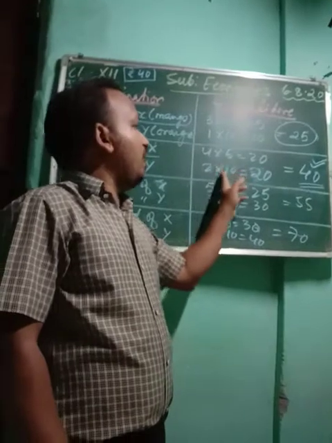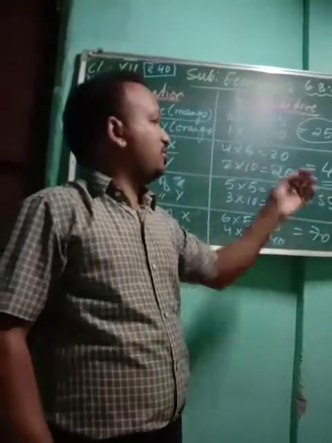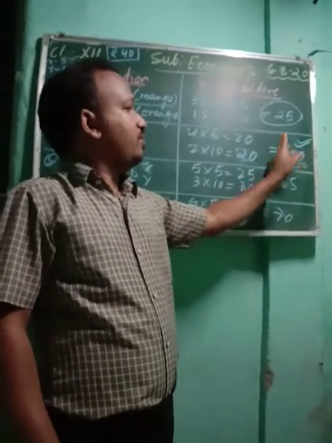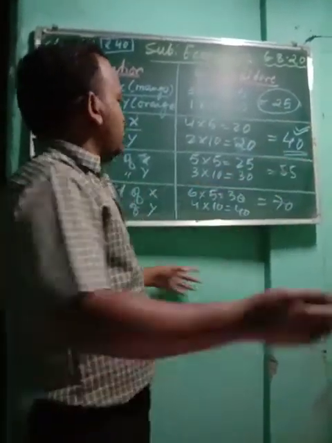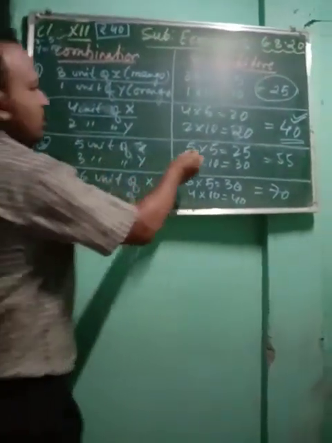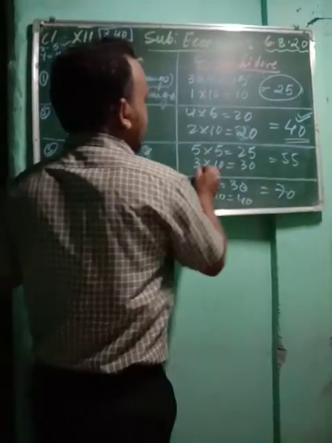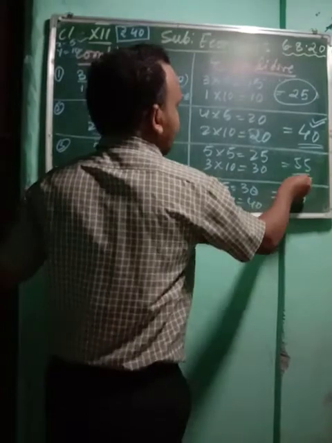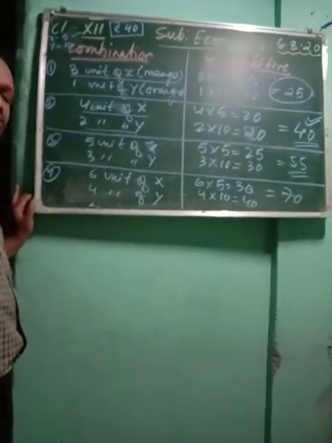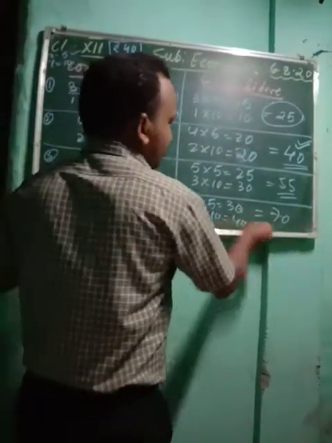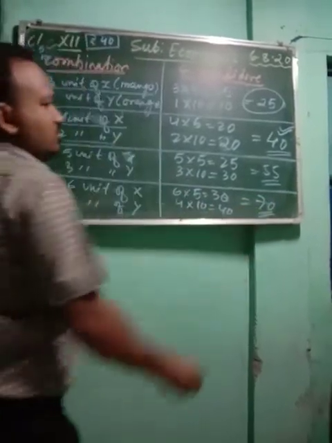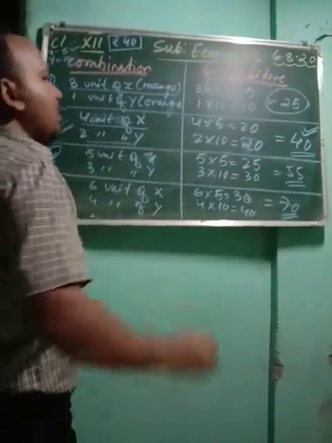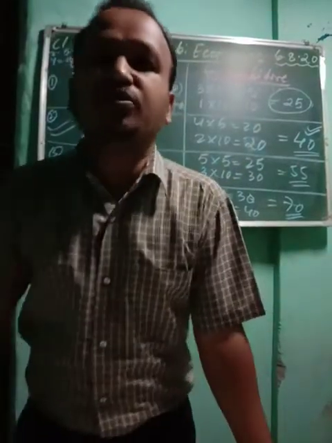That means he will be able to get equal satisfaction from these commodities, because he is going to spend the equal level of his income. Okay, now in the third combination, you see 5 mangoes and 3 oranges, so it is coming 55. He cannot take it because this is more than his income. Here also it is coming 70, it is also more than his income. That means in combination 2, a consumer will attain marginal utility.